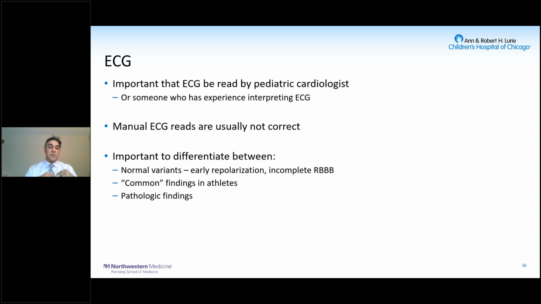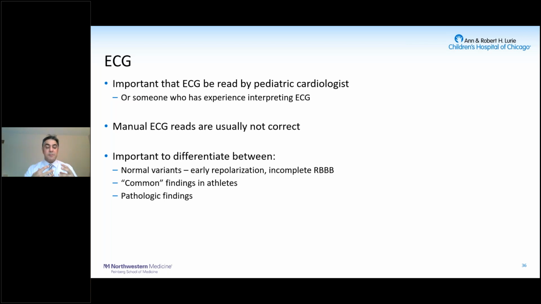Everyone's practice is different, but most people, when they do an ECG, refer them to a pediatric hospital outpatient site. Not to say you can't do it in your office, but if you do, you need to make sure that whoever is doing it is appropriately trained in placing the leads in the correct positions. Inappropriate lead placement can, of course, lead to inaccurate reads. And the ECG should be read by a pediatric cardiologist or someone who has experience interpreting pediatric ECGs. Many times the computer reads are not correct, and more scary is that patients who do have abnormal findings are read as normal. It's important for you to be comfortable differentiating normal variants from pathologic findings; early repolarization and RSR prime can be normal findings.